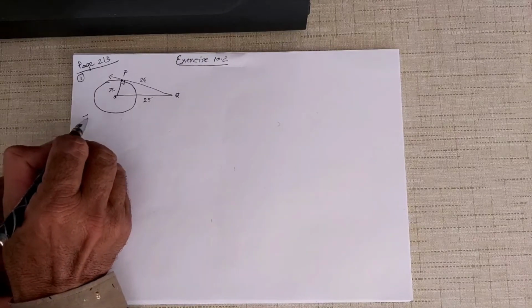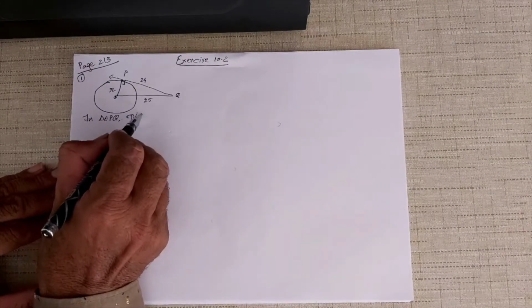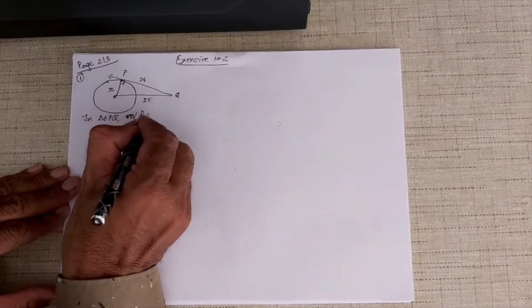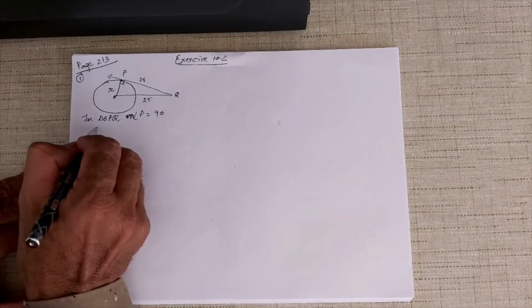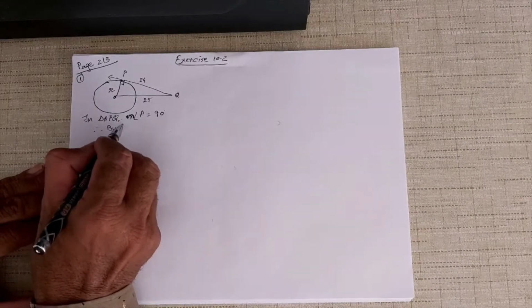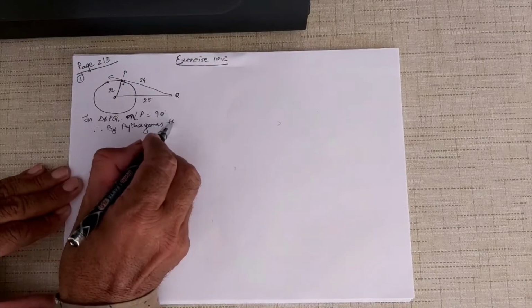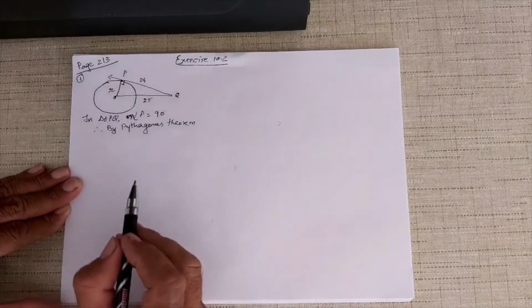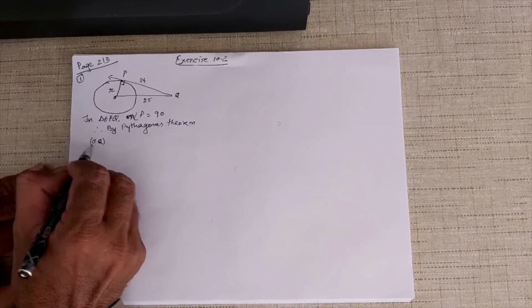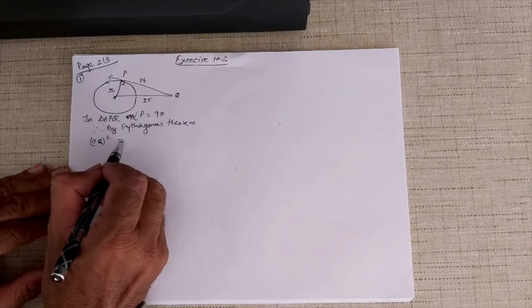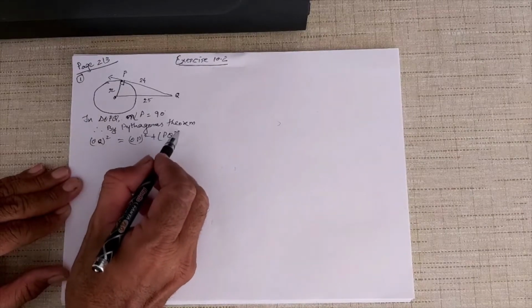So in triangle OPQ, measure of angle P is equal to 90 degrees. Now if P is 90 degrees, then you can apply Pythagoras theorem. Therefore, by Pythagoras theorem, remember you don't have to write everything, but if you write it, it's good. OQ square, OQ is the hypotenuse, opposite to the right angle. OQ square is equal to OP square plus PQ square. Notice how I have written it.